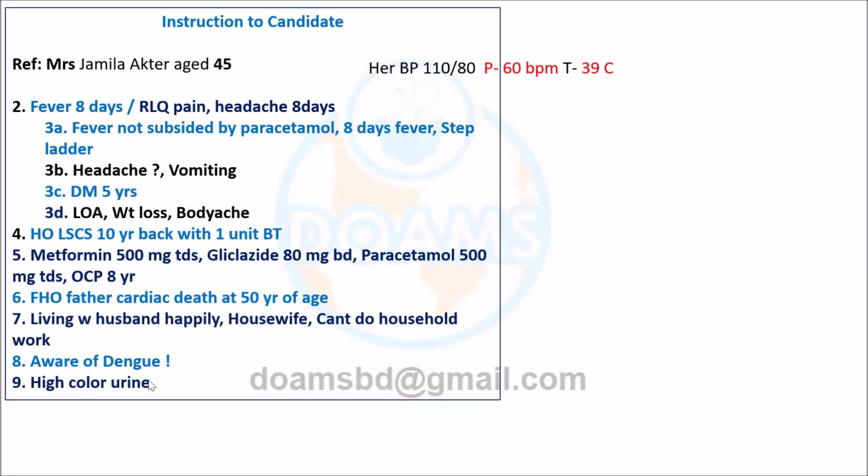Then he has a concern about dengue fever, and other systemic query. Number nine was actually other systemic query. It reveals that the patient has high color urine, dehydration. He has high color urine, sir. So now you can see that some information from the patient data is directly relevant to the fever, but